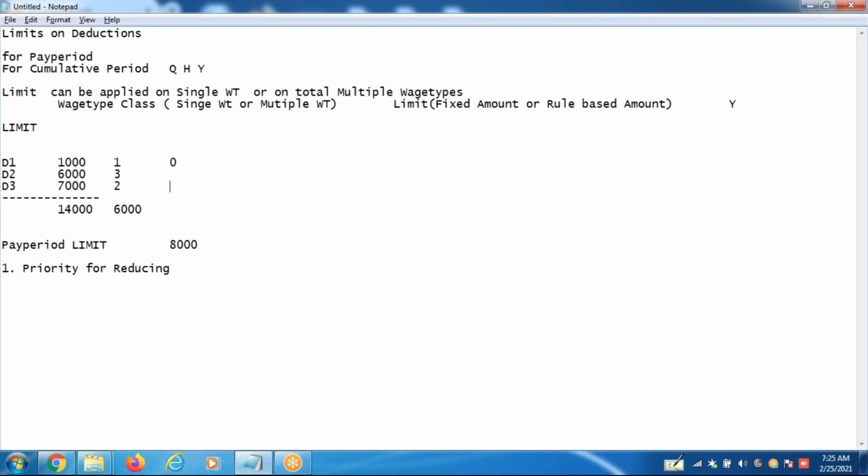So only 2,000 deduction is taken from this, and 6,000 deduction is taken from this. Completely we reduced, right? So this is deduction taken. So what is deduction not taken? Here, what is deduction not taken?